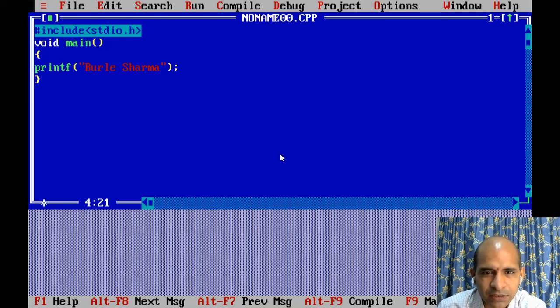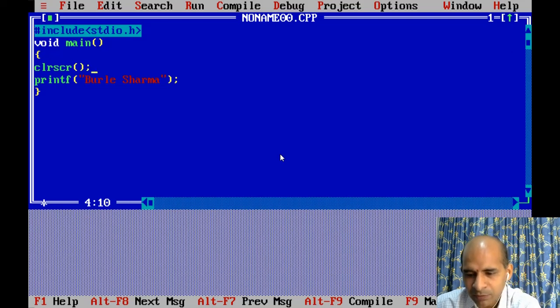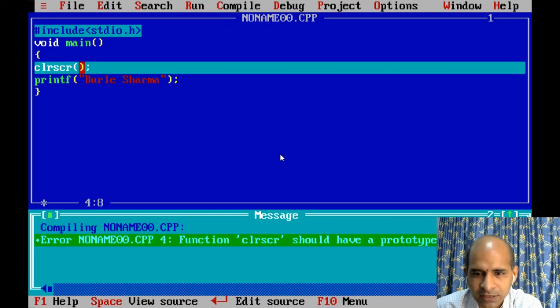In order to clear the output screen you have to add a function known as clrscr opening bracket closing bracket semicolon. Clrscr is clear screen. So compile the program. Once you compile your program, you will get an error: function clrscr should have a prototype.